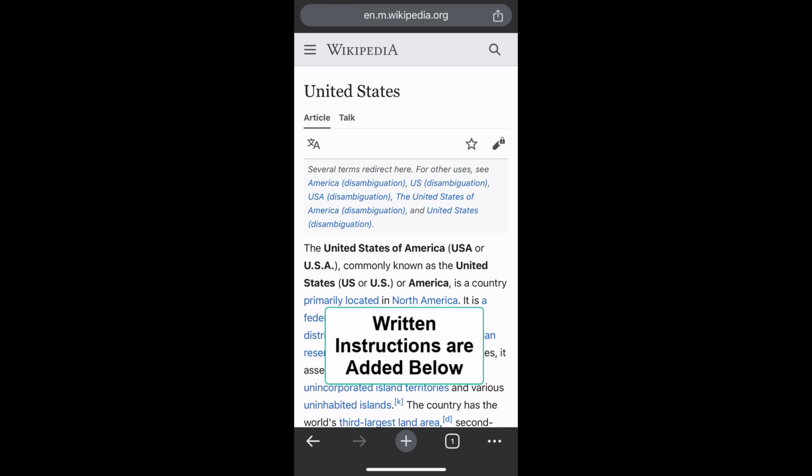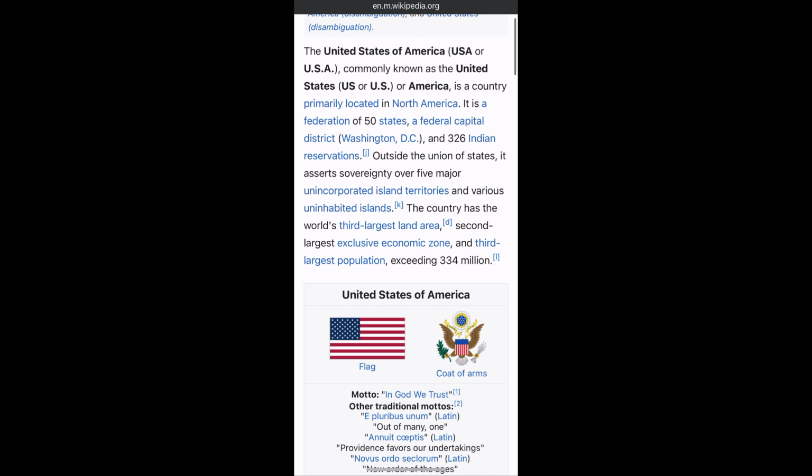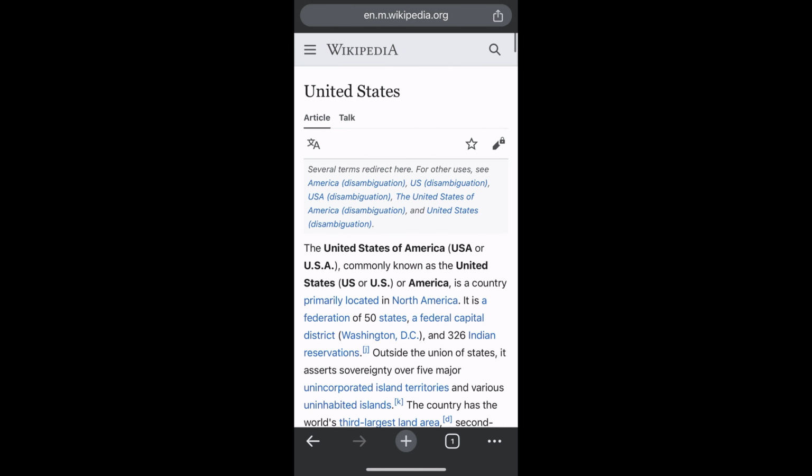In this tutorial, I'm going to show you how to view the desktop site layout in Chrome app on iPhone. So whenever you open any web page or website, it will open in the mobile layout on your iPhone. So if you want to open in a desktop layout or the desktop view, what you can do is you